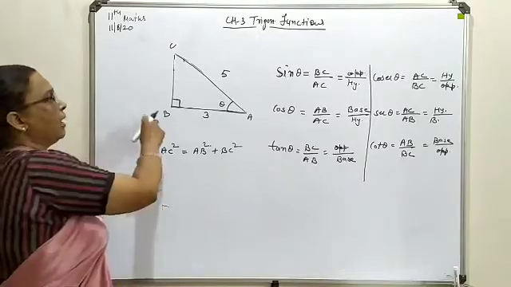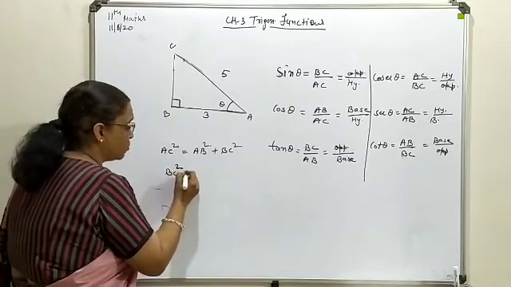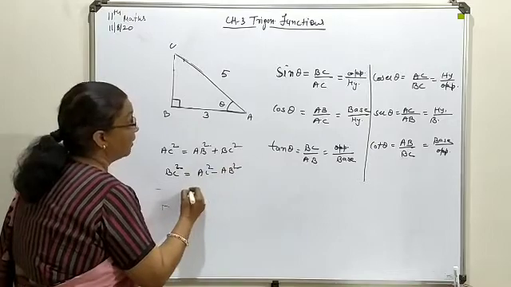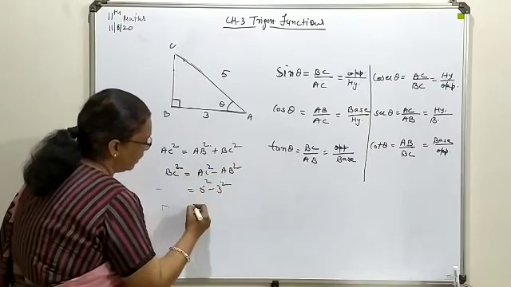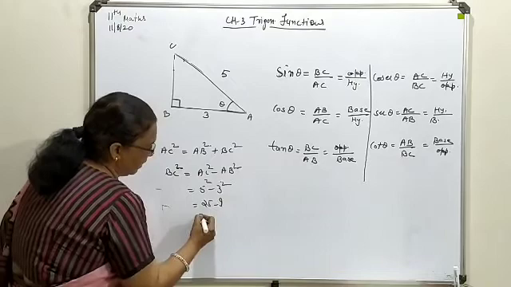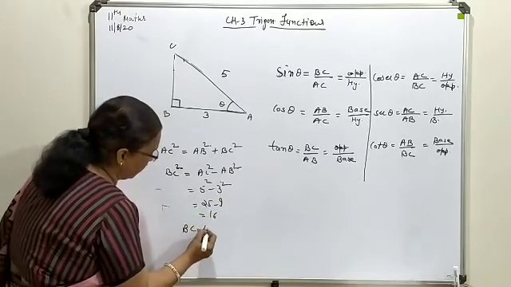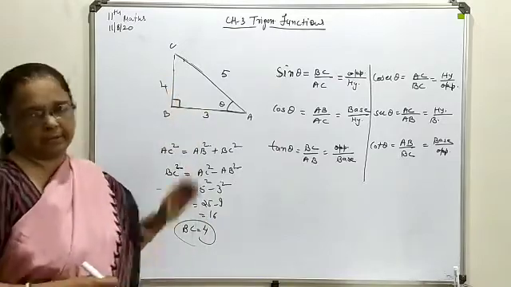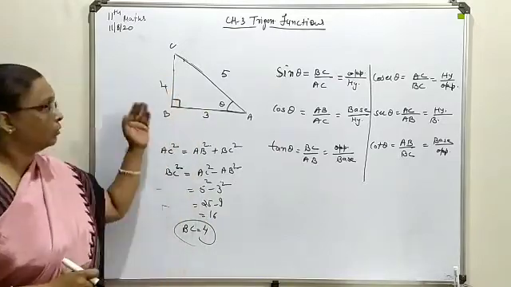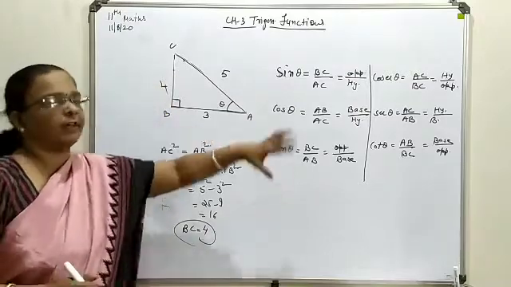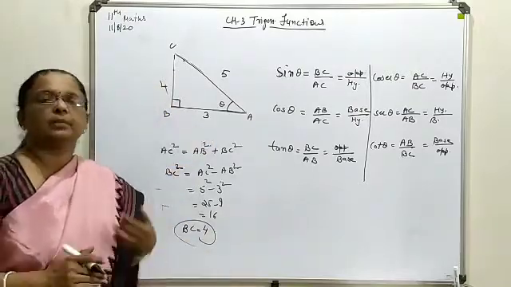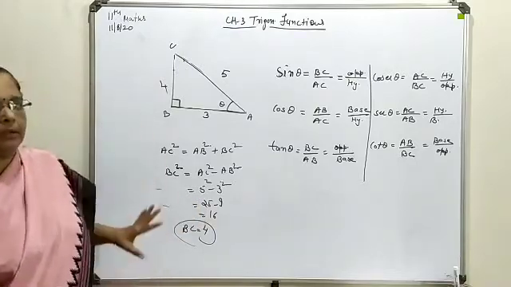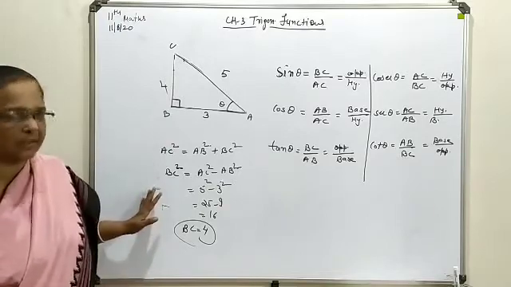So here you see BC is required. BC you can find as AC square minus AB square, means 5 square minus 3 square. This is 25 minus 9, means 16. So BC will come out as 4. So all 3 lengths are in your hand. On basis of these 3 we can define all 6 ratios, when 1 is available in the question, the remaining 5 trigonometrical ratios. So this is all about the basic thing.